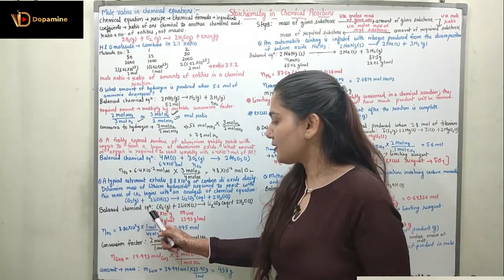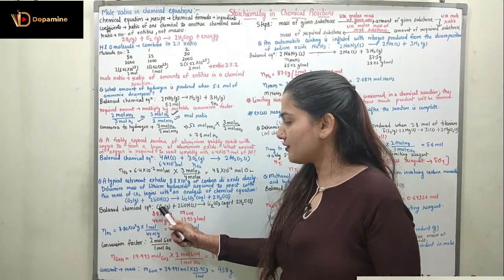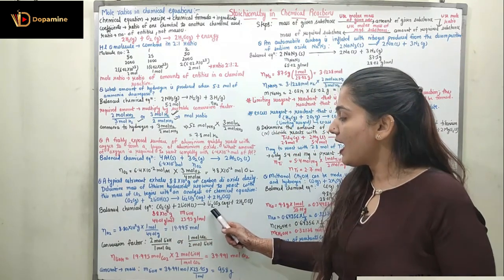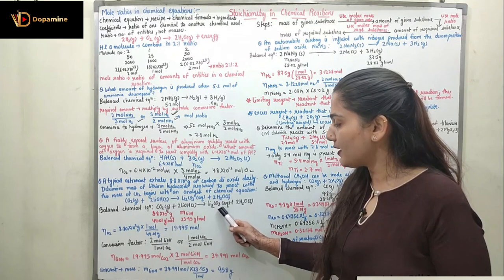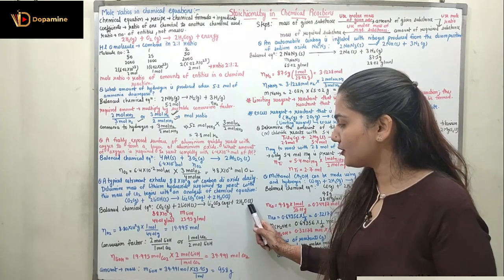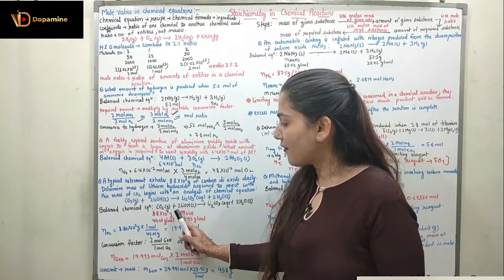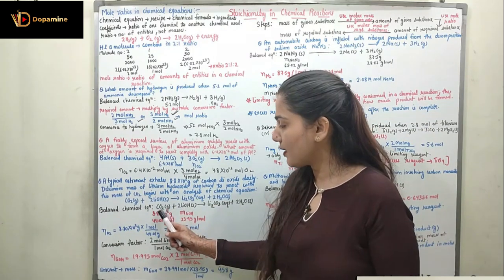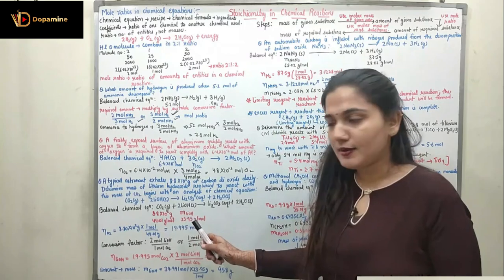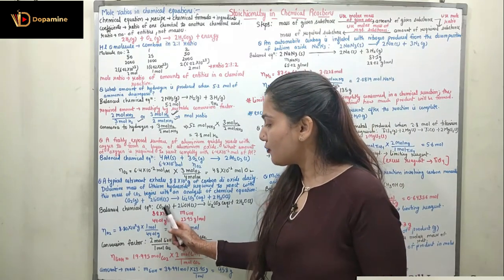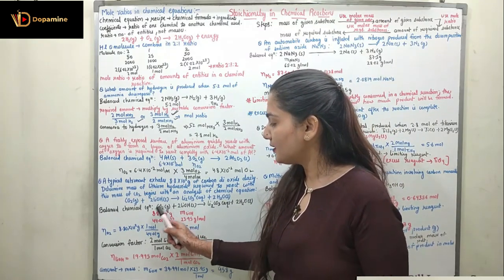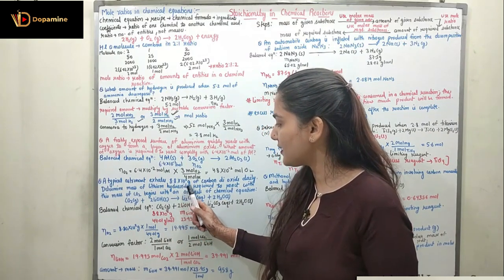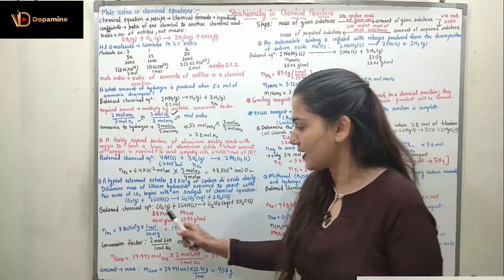The balanced chemical equation is already given in the question, which is CO2 in the gaseous form plus 2 LiOH in the solid state gives Li2CO3 in the aqueous state plus 2H2O in the liquid state. So we just have to deal with the CO2 and LiOH. We have to analyze the quantities of CO2 and LiOH only, right? So we are going to write the given mass. The given mass over here is 8.8 into 10 raised to power 2 gram of carbon dioxide.